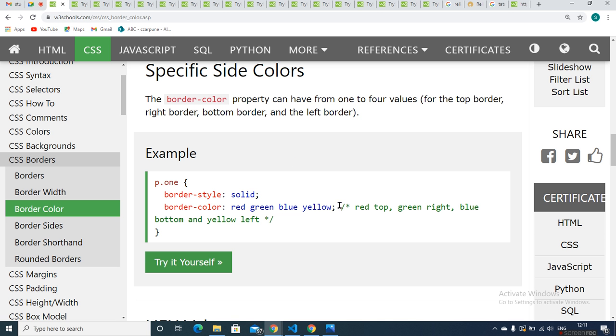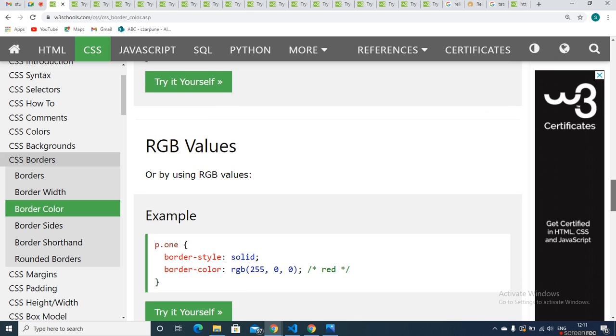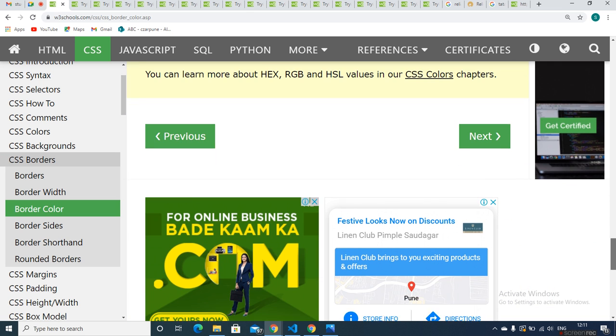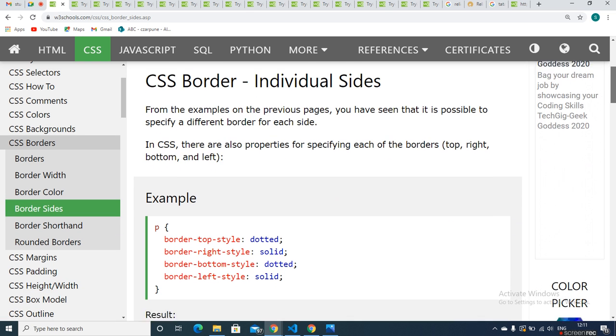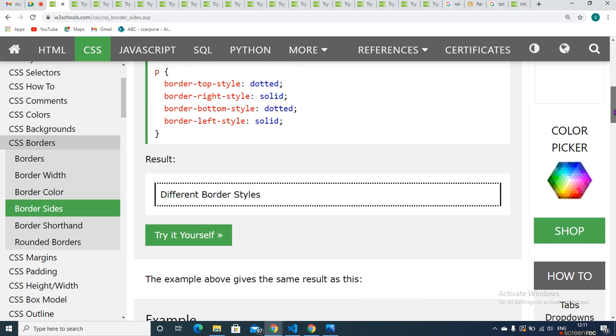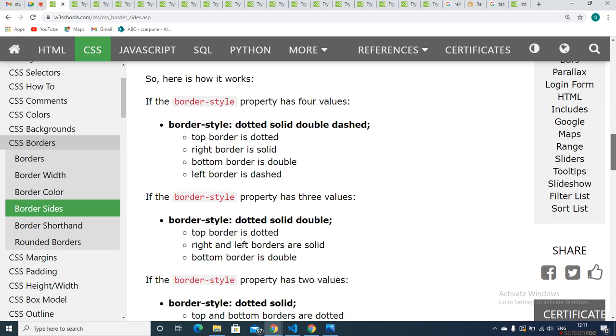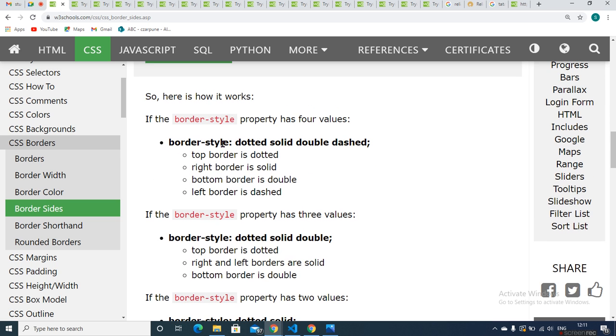So next, this color, CSS color. CSS is a really simple thing. See, here you can see different kinds of styles, border sides. Top and bottom are dotted, and left and right are solid. So here is how we can give the border side style: dotted, solid, double, dash. Top border is dotted, right border is solid, bottom border is double, and left